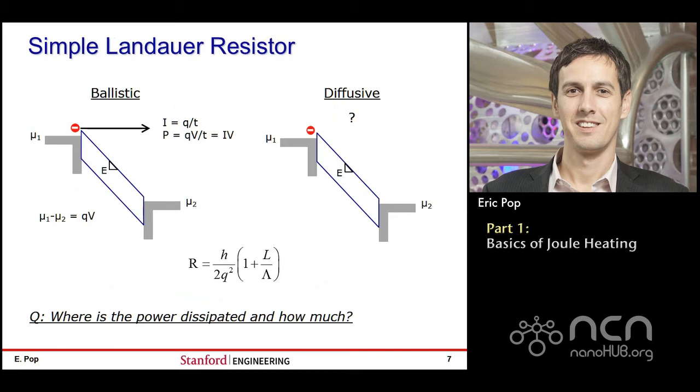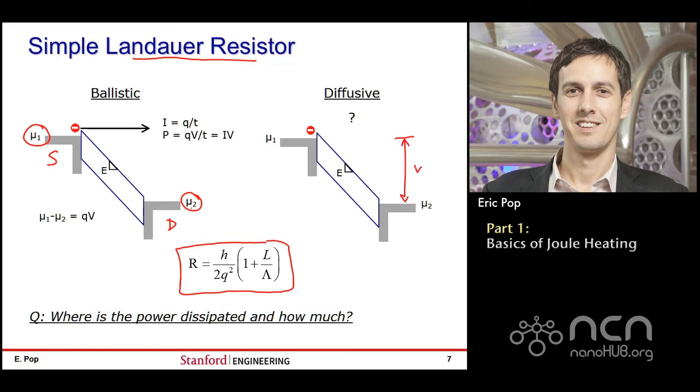Let's look at a very simple model for a very simple one-dimensional resistor. This is what I call a Landauer resistor. What is shown over here is the electrical resistance for essentially two electron modes traveling between a source and a drain with chemical potentials, or Fermi levels, mu1 and mu2. These are not mobilities, these are actually the chemical potentials. Of course, the difference in chemical potentials is the voltage applied, so I think everything should be fairly clear over here.